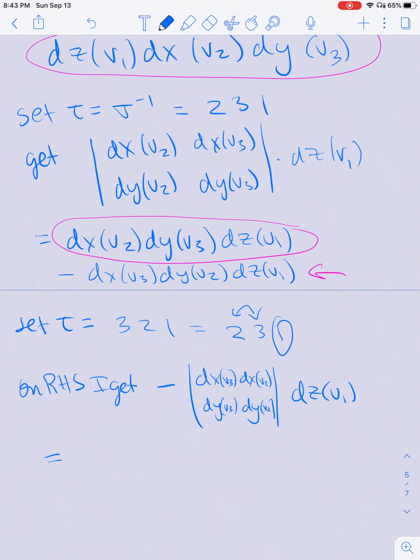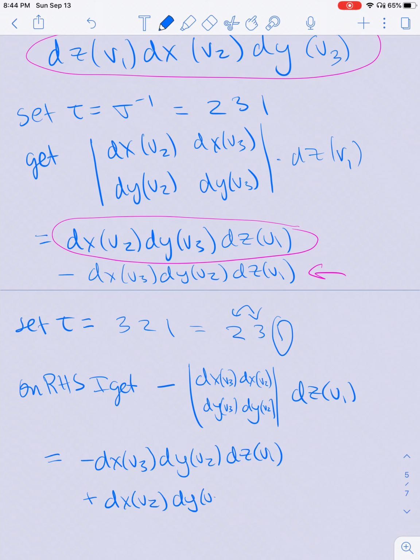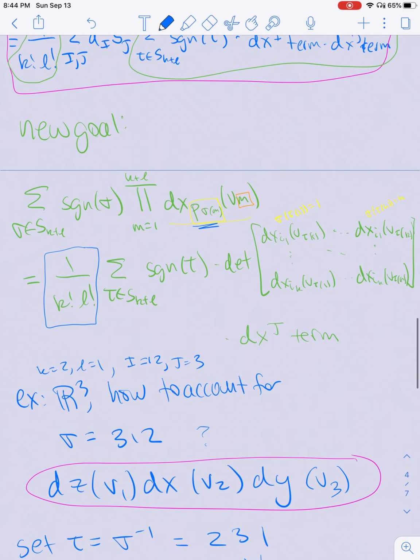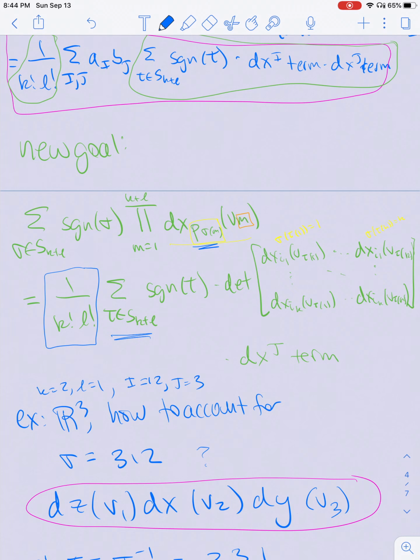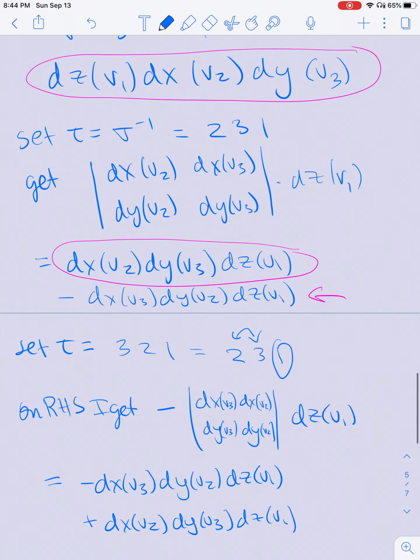And then this is going to give me minus dx of v3 times dy of v2, dz of v1 plus dx of v2, dy of v3, dz of v1. And now, if I add these two things together, which I am doing because I'm taking the sum over all such taus, then I'm going to get